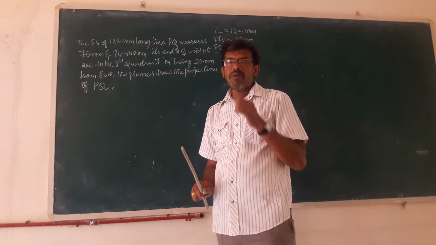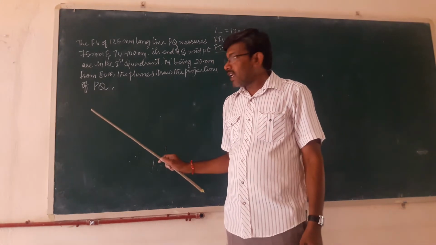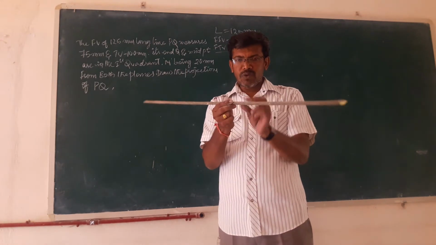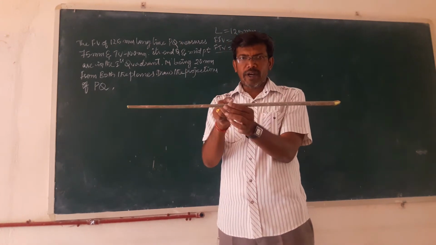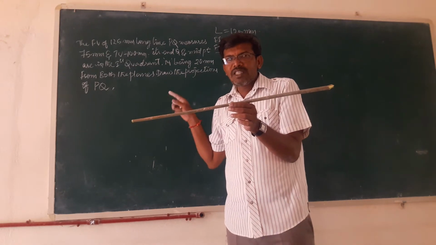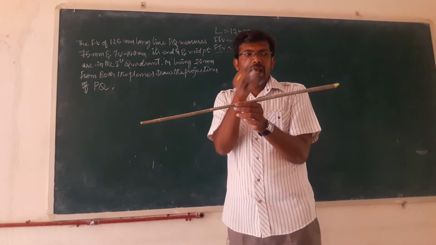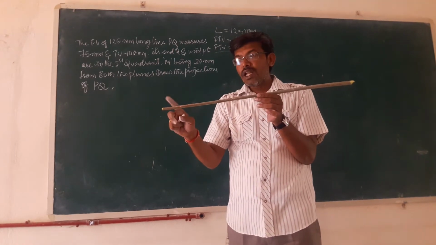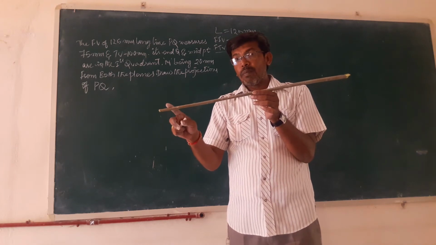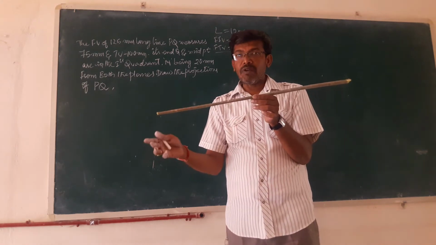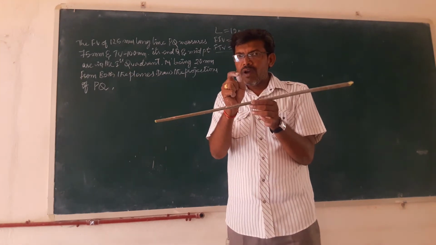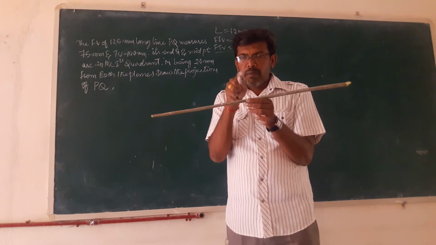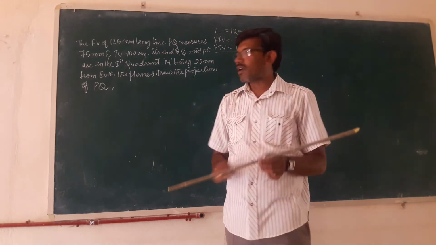So here in this problem, a condition is given. So the line is PQ, Q and midpoint means this one. Suppose this is P and this is Q, this is the midpoint. So the problem says that this midpoint and the Q point is in the first quadrant, and he is not telling about the P point. So P point may be in the first quadrant or maybe in the second quadrant, just forget about it. But the only thing you have to keep in mind is point M, I will call the midpoint M, and Q should be in the first quadrant, right?